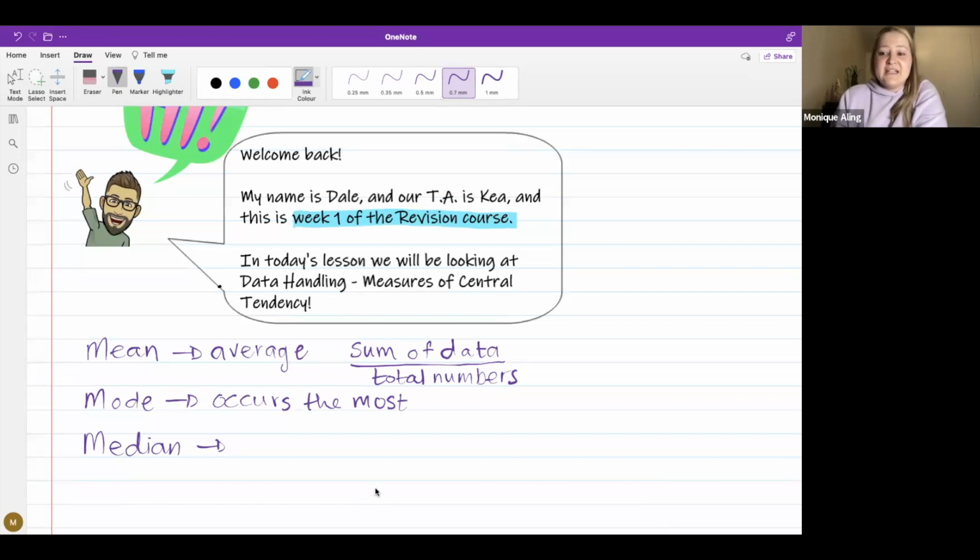And our median, it's very important that we do what first with our numbers before we work out the median? What happened, guys? Yes. We rearrange them. Okay, so we order the data set. So we go from smallest to biggest, and then it is